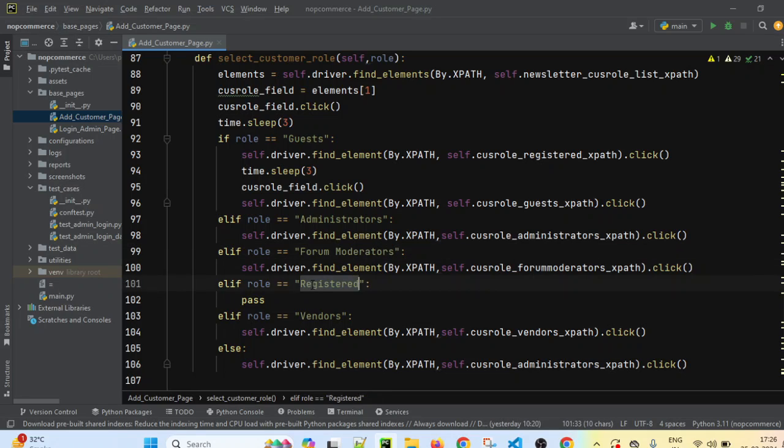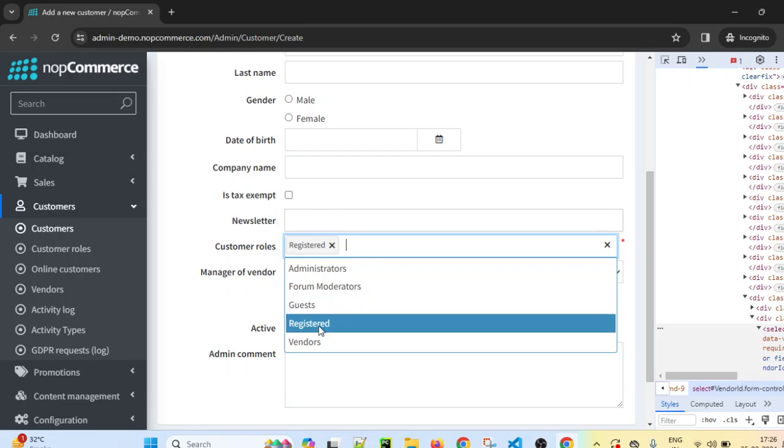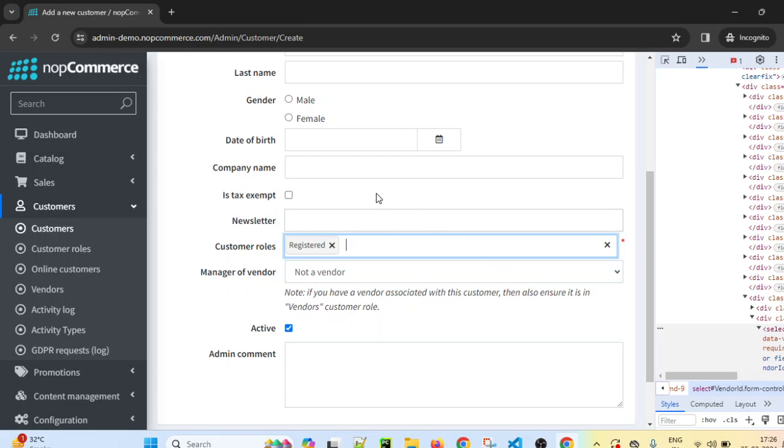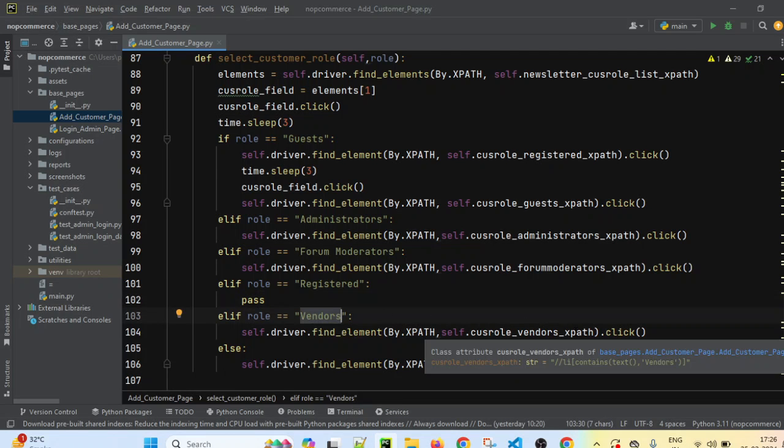In case of registered, we don't have to do anything, because by default when the page loads, the registered value is already selected in our application. So there is no meaning of giving registered again, so we are not doing anything in that case and just using pass. If vendors is there, we select the vendors.